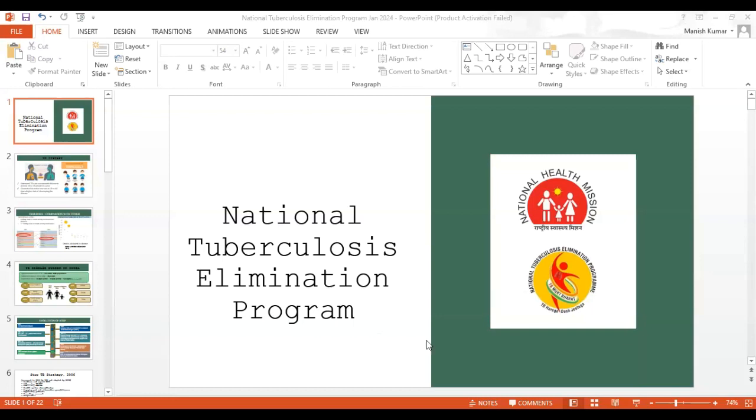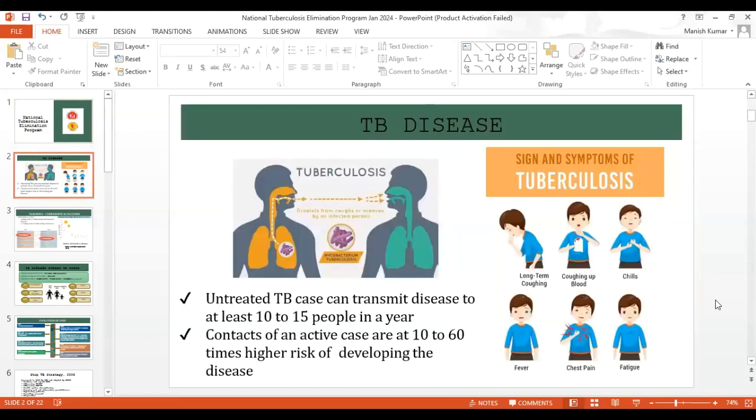Okay, so we will be talking about the National Tuberculosis Elimination Program. This is one of the health programs under the National Health Mission. So, why do we have a separate program for TB? Because this is highly infectious and